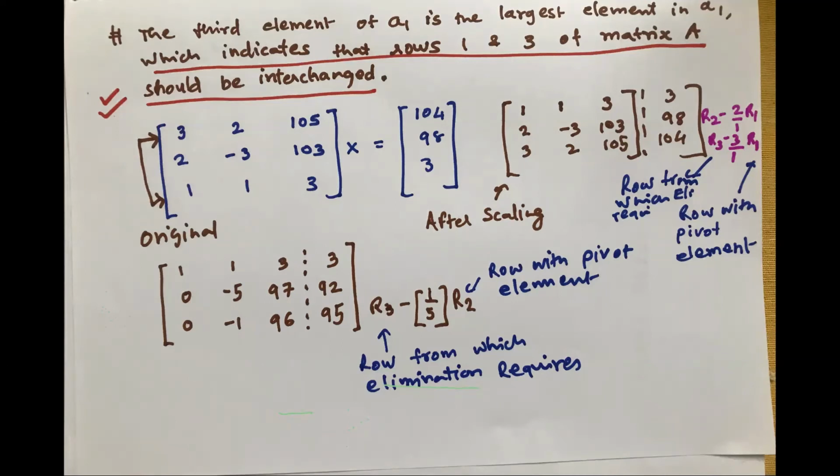We can, scaling will help us in choosing which row to interchange to get the highest number as the pivot element in the diagonal. Okay, when you perform this, now we have to eliminate this -1. You agree with this? Third. Ma'am, I have a doubt. Yes.